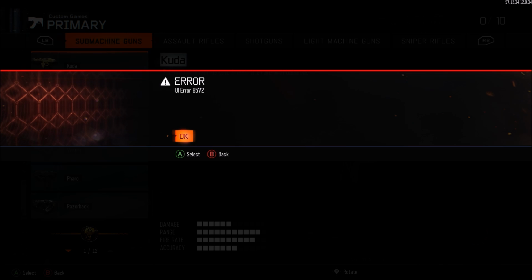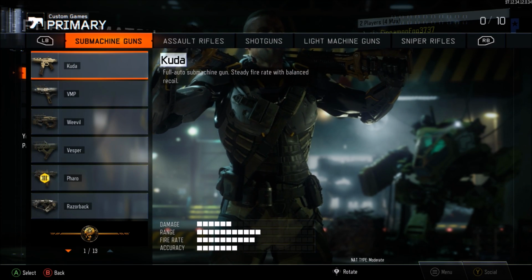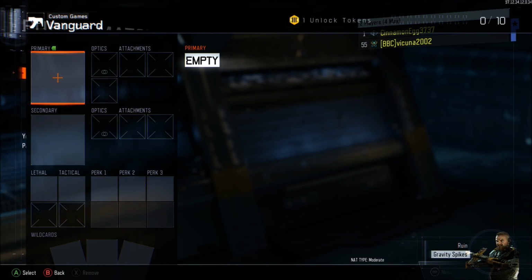If it doesn't work your first try, just go ahead and try it again. It's very easy to do. You should be in your friend's lobby, go ahead and accept the error message and leave with your first controller out of his lobby. At that point, you want to go ahead and hit B twice with your second controller,